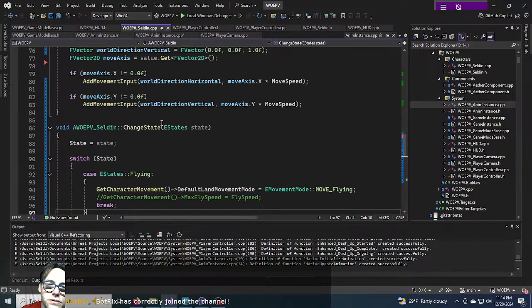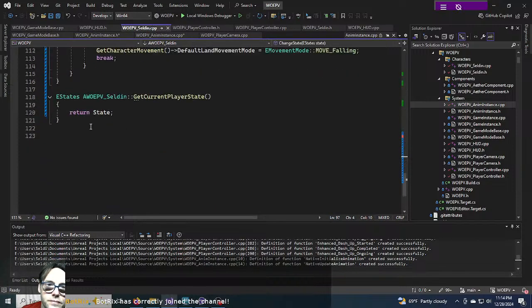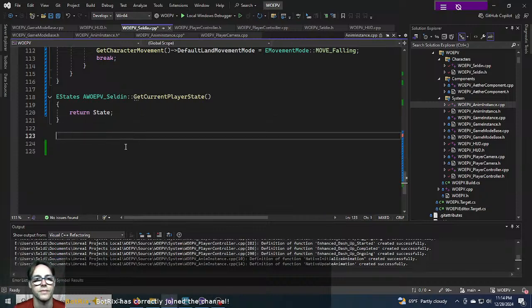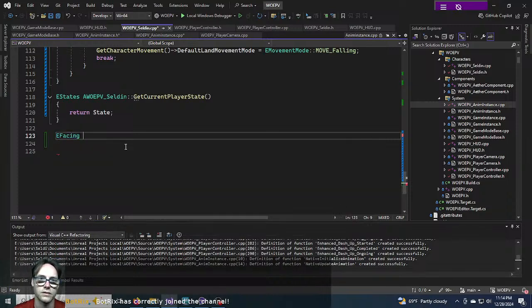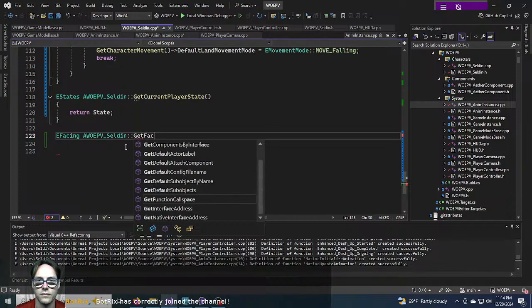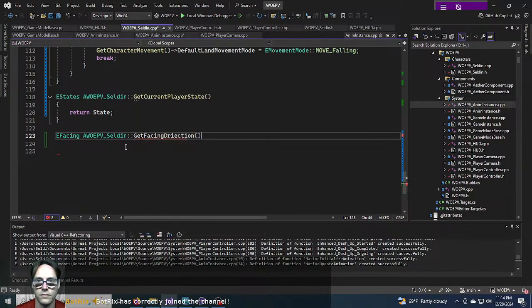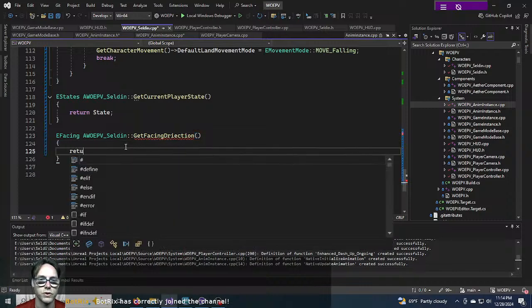I guess I'll just go and make a, here's player state, and I'll do an E facing. Get facing direction, which will return